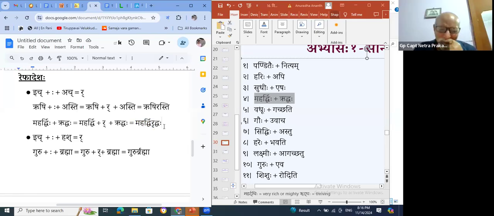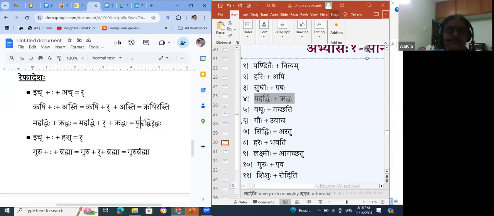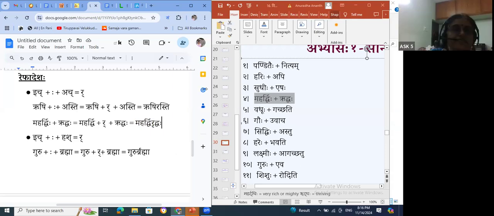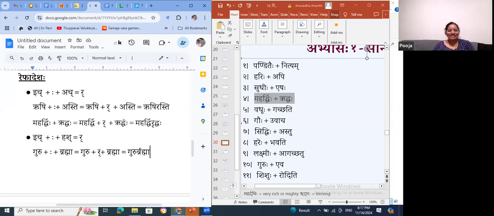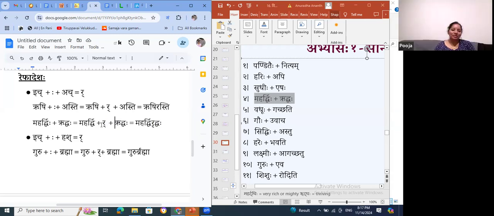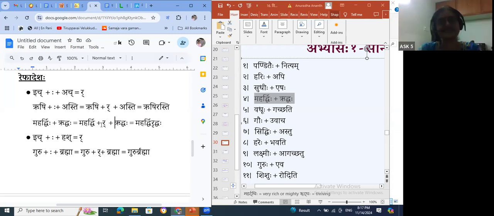But it's very easy, ma'am. Mahardir Riddha. So, Pooja Mode, this helped me to write practice today. And Balaji Mode also. It is difficult for us when we write it out. Yeah, because with this R and this R, it will be difficult to write. We must write it very correctly. That is a rare combination.